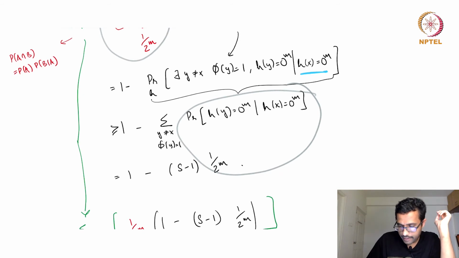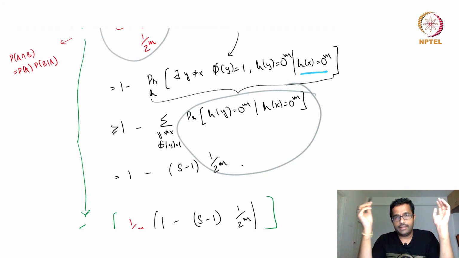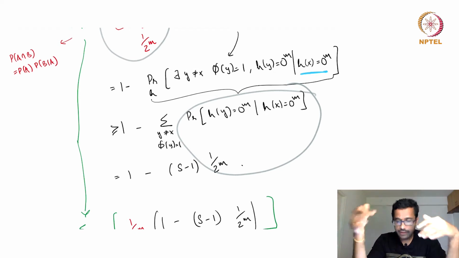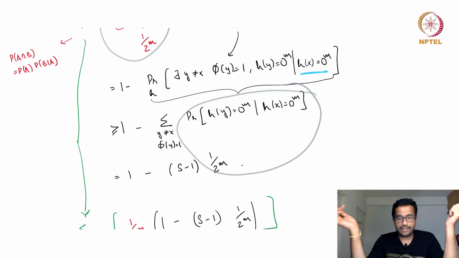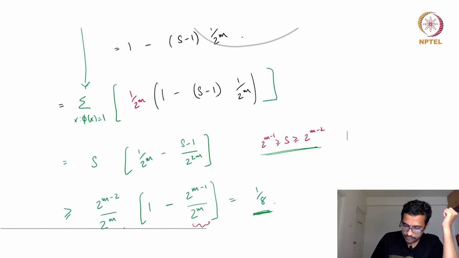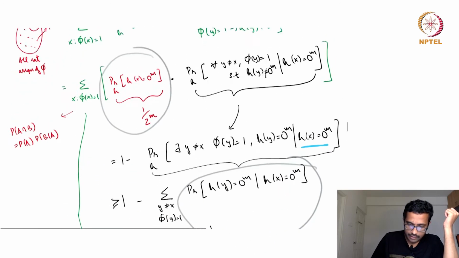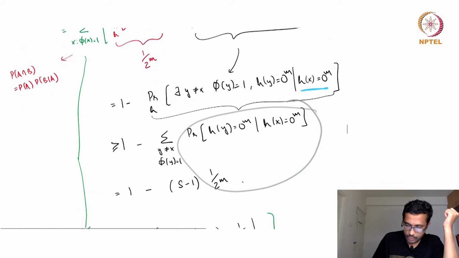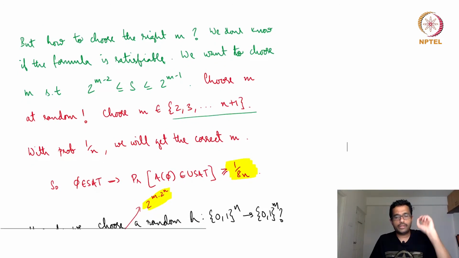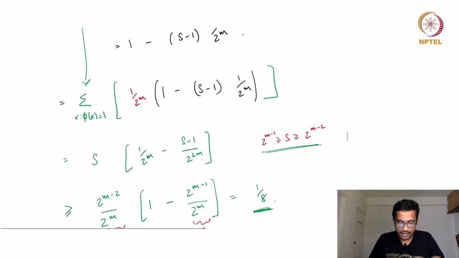So here it's like independence that we are saying. Regardless of what x, suppose we didn't know what x was, what is the probability that hy was 0 power m? It would be 1 divided by 2 power m. But now we are saying that even given hx is 0 power m, even then it remains the same. So it is like an independence. These are the two places where we use the probabilities of the function, and these are the only two places. The rest was just arithmetic and calculation.